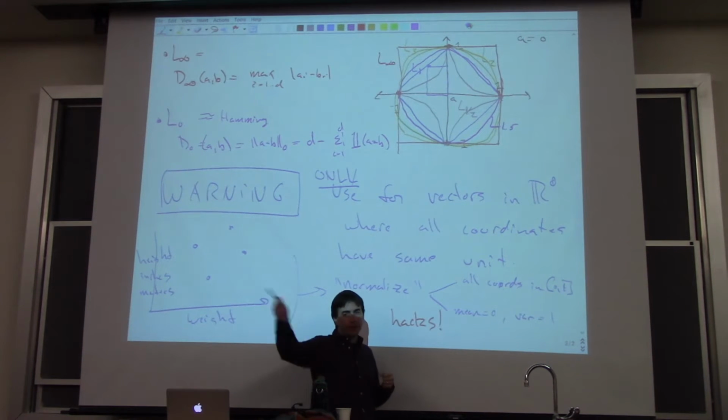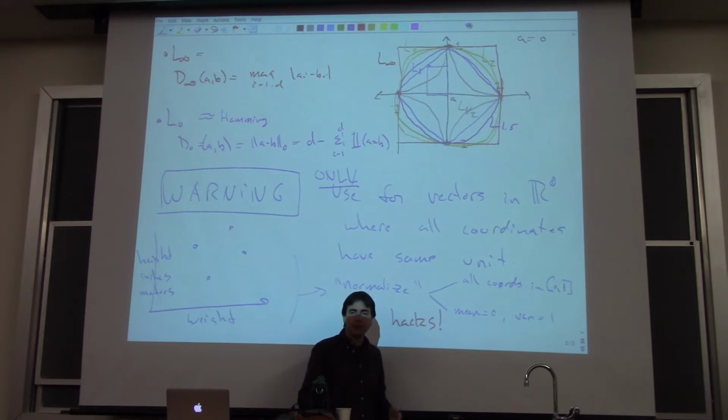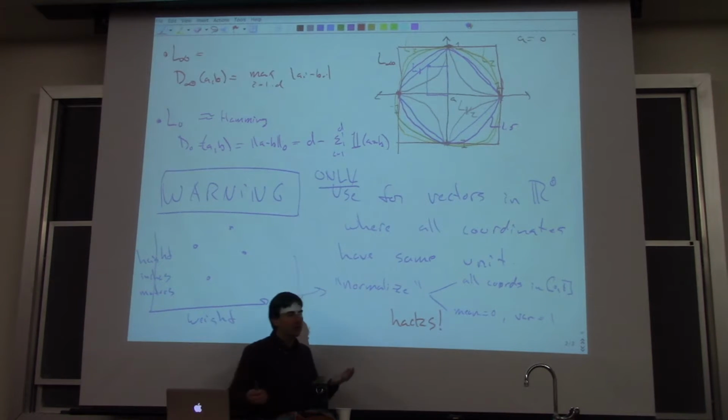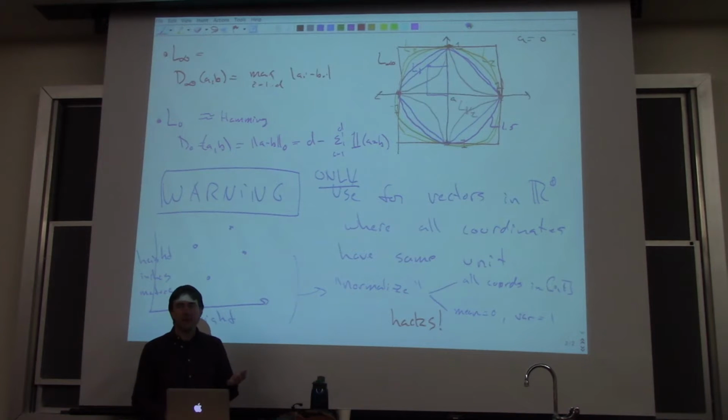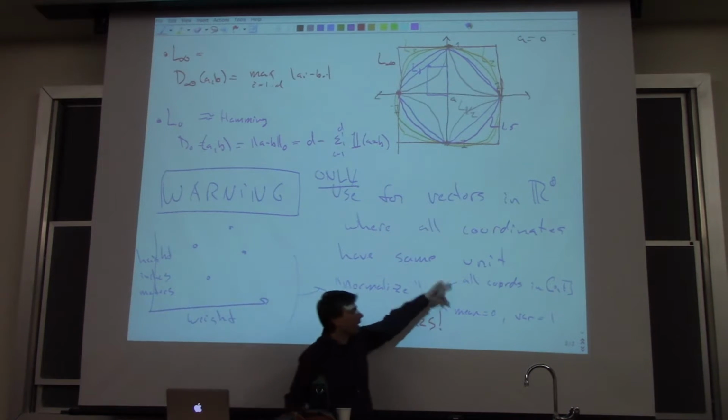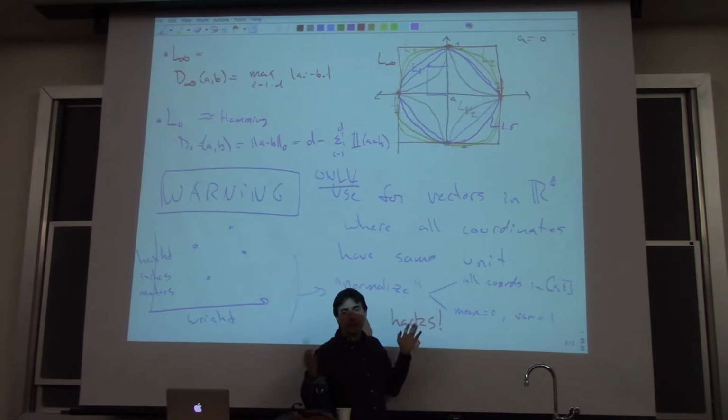You could have some points very far out, but some points might be very close. So it's going to be more robust a little bit, but it's still not perfect. It could be that one coordinate is more important than the other ones. Both of these are saying all coordinates are roughly equally important,